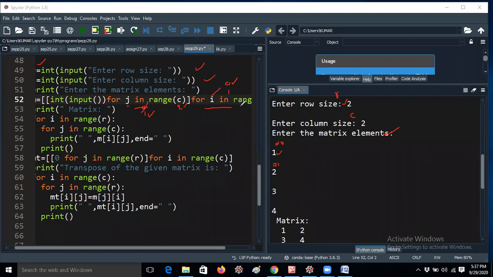Now it will read the value for position 0, 1, because here the i value is 0, guys, and j iterates to 1. So the next element, 2, will be stored in the 0, 1 position. After that, the j iterations are completed, because I am giving C value as 2 only, so it iterates over 0 and 1 only. After that, i will be incremented to 1. That means the 0th iteration is completed. Now the i value is 1, and again the j value will be 0, that is the inner for loop. So the 1, 0 position value is 3. And again j iterates to 1, that means the 1, 1 position is 4.